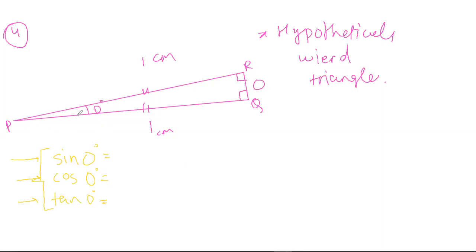So sine 0 degrees, with respect to angle 0 degrees, tell us perpendicular upon hypotenuse. So perpendicular upon hypotenuse is 0 upon 1, which will be 0. Cos 0 degrees means that with respect to angle 0 degrees, tell us base upon hypotenuse, which is 1 upon 1, which can simply be written as 1. Then tan 0 degrees basically means that with respect to angle 0 degrees, tell us perpendicular upon base. And the angle 0 degrees should be on the ground, which I believe it is. So 0 upon 1 is 0, which brings us to the end of this video.